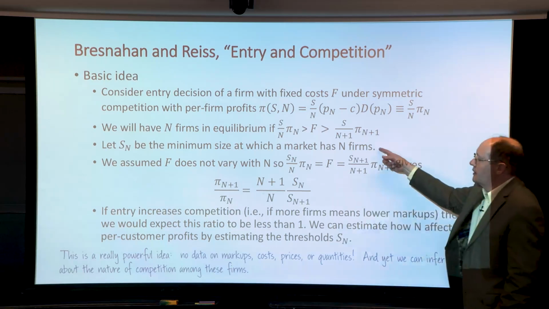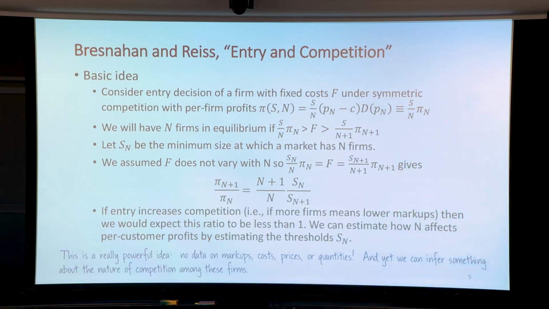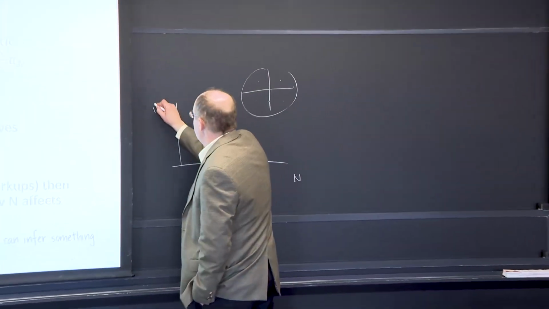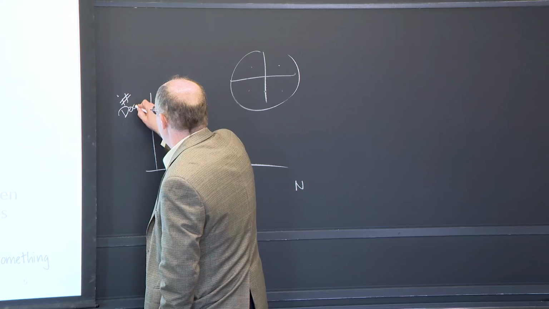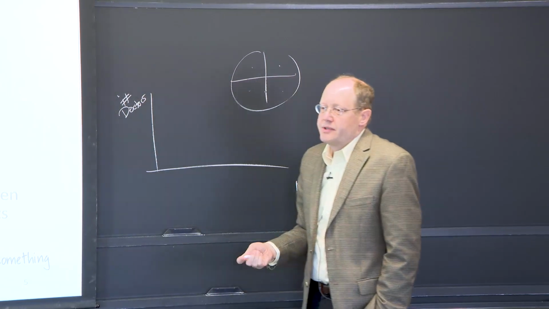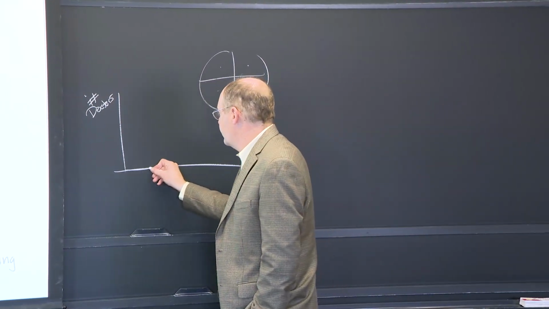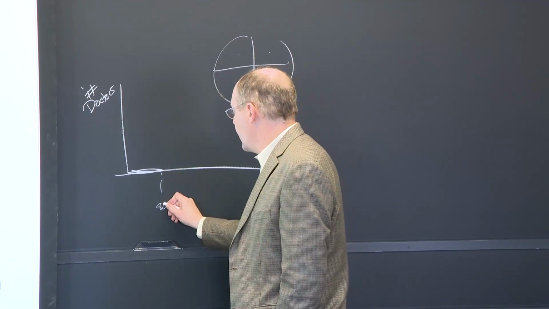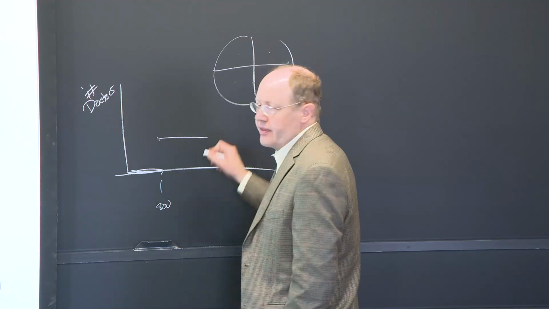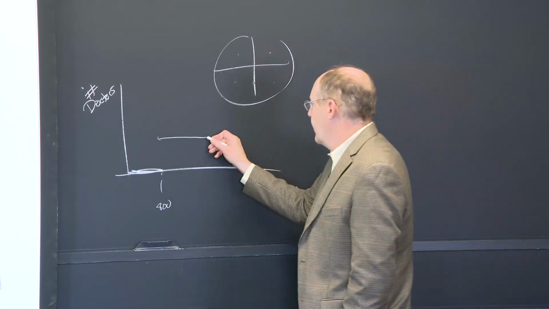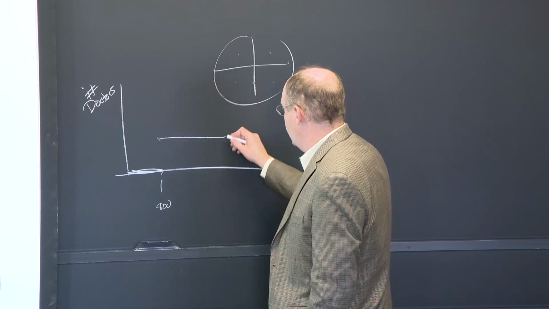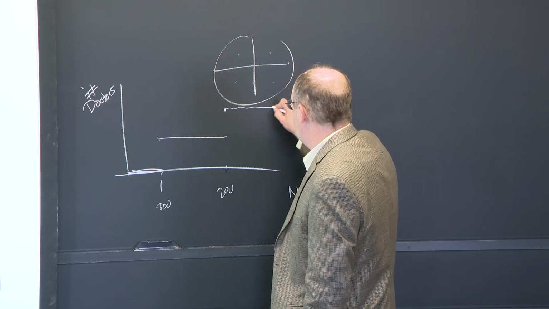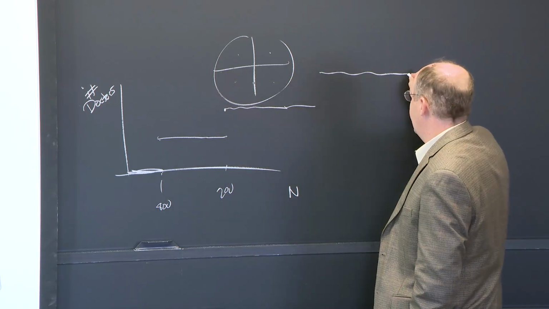And what we're going to say is, let Sn be the minimum size at which, for instance, let's put n on this axis, and then you can put the number of doctors in a town on this axis. What you would observe if you could draw this graph is towns that are very small don't have a doctor. And then there's some threshold, maybe like 800 people, where now there's a doctor in the town. And then some other threshold, 2,000 people, where now you tend to have 2 doctors, and then some other threshold where you tend to have 3 doctors.